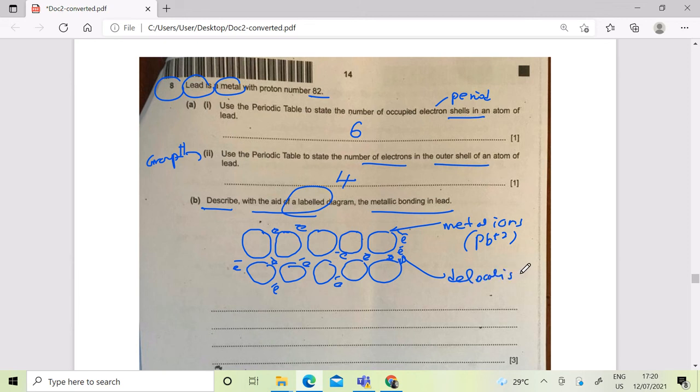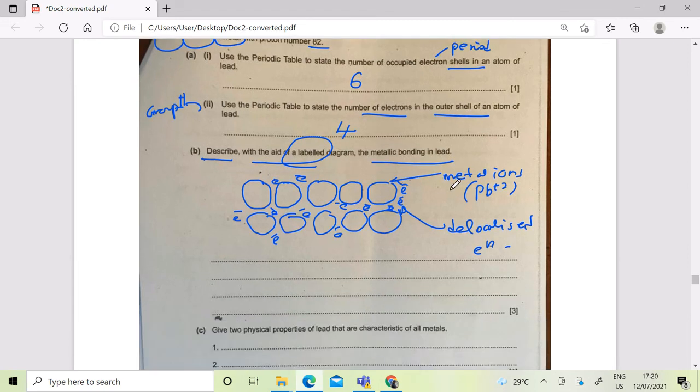Delocalized electrons. Right. Describe with the aid of a labeled diagram the metallic bonding. So this is the labeled diagram. So then what is the metallic bonding? It is the electrostatic attraction. It is the attraction, a force